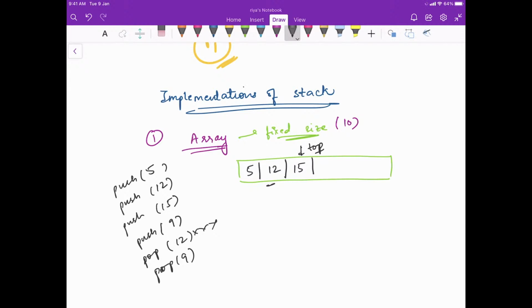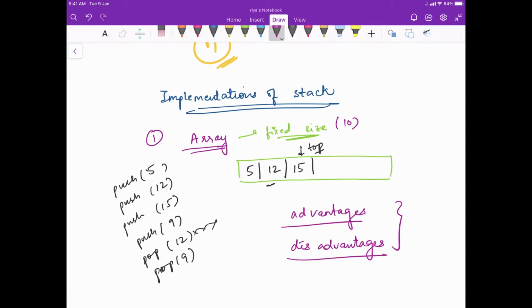Now what do you think are the advantages or the disadvantages? I want you all to think first, then I will tell the answer. What do you think are the advantages and the disadvantages of this kind of an approach of using arrays?